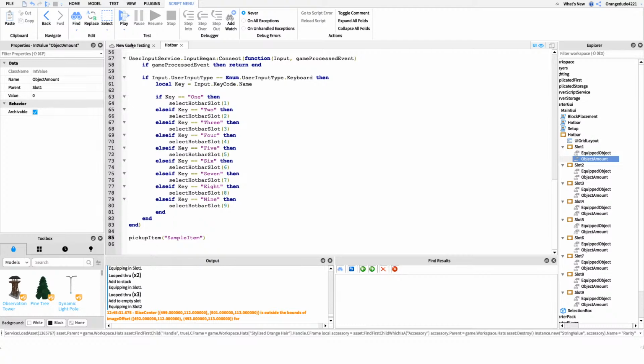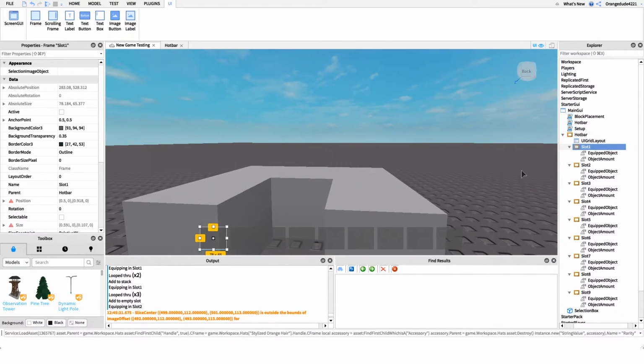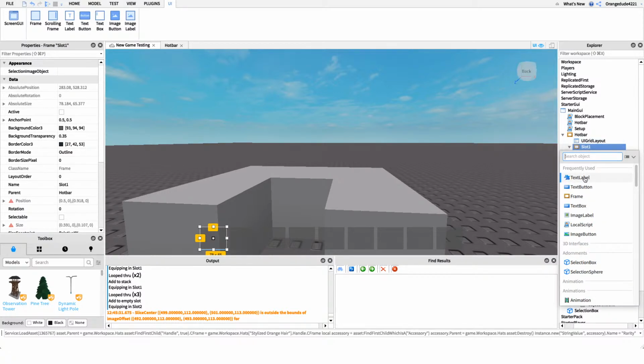So we want to actually have a number on the slots too, just so we can display how many items of whatever you have. So if we have a text label,